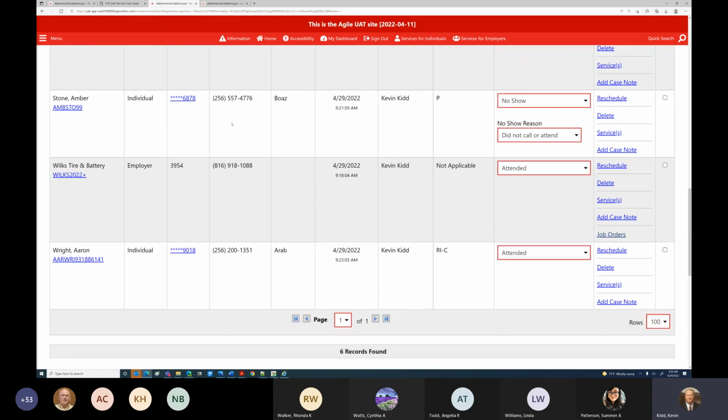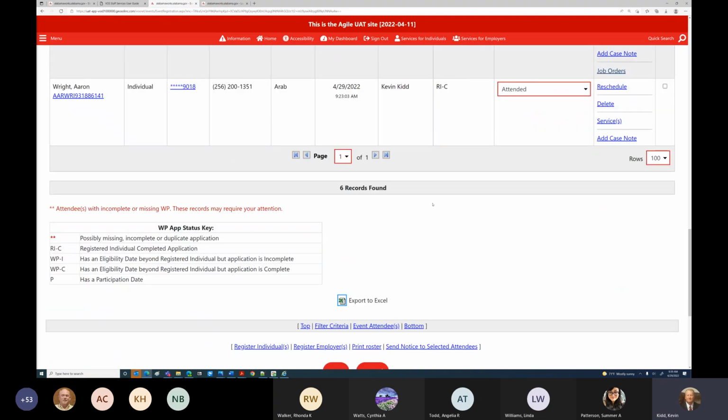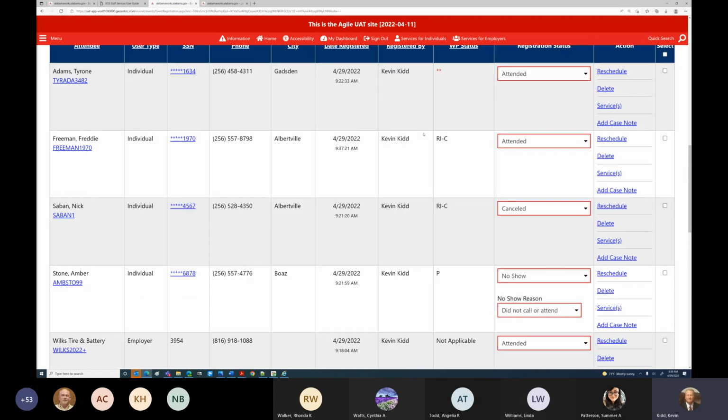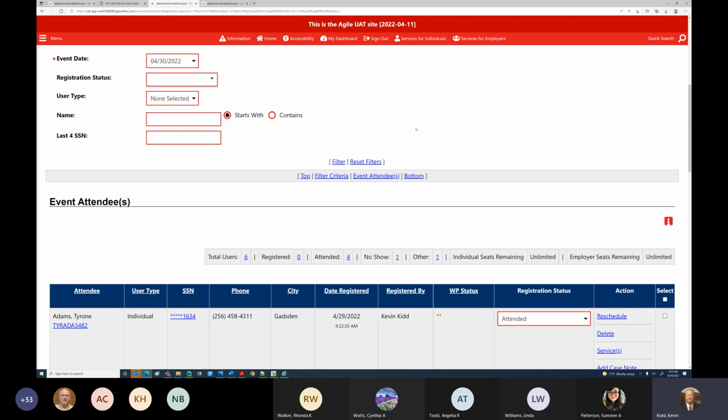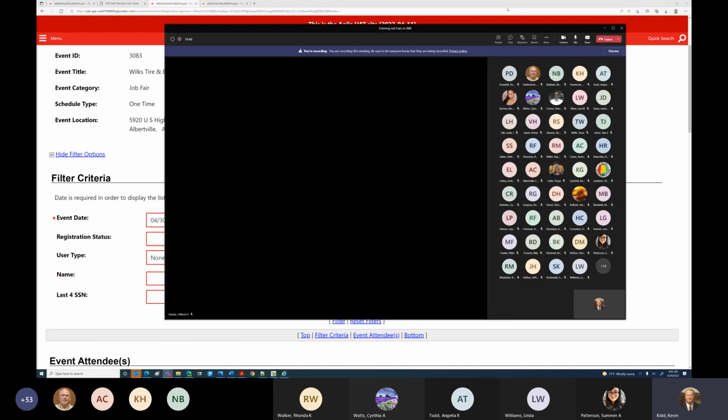I think that's a pretty good synopsis of how to do job fairs in Alabama Works, how to register people for job fairs, how people can register themselves for job fairs, or you can assist with just a registration and not a total Alabama Works registration. So let's see. So I'm going to go in here and